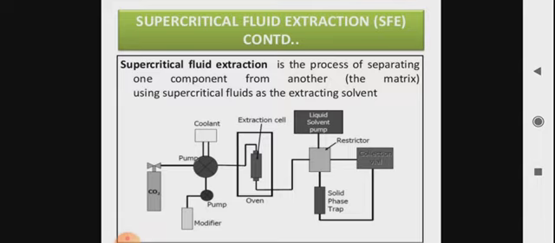So see here the diagram of a supercritical fluid extractor. An example of a supercritical fluid is CO2. Supercritical fluid CO2 is commonly used for the extraction of many phytoconstituents from plant material, and in many other fields. You will see detail in the applications of supercritical fluid. See here the cylinder, which contains CO2 in the form of supercritical fluid. It is used here for the extraction of phytoconstituents from plant material.